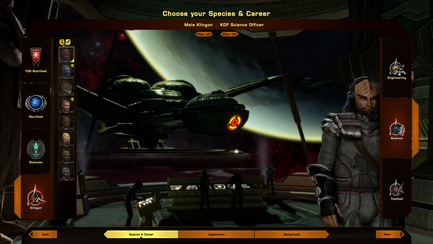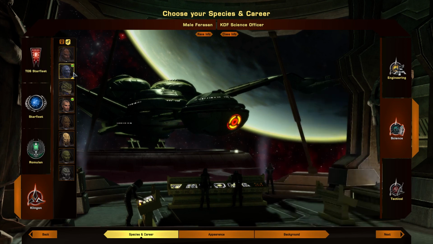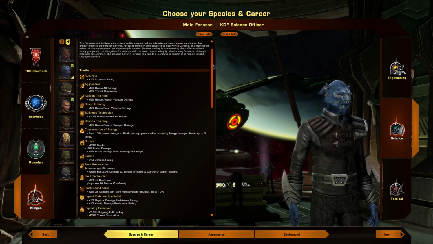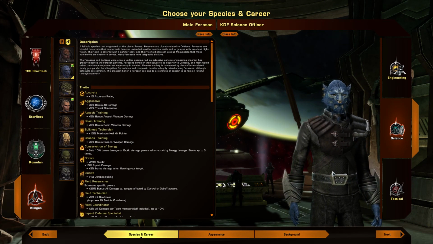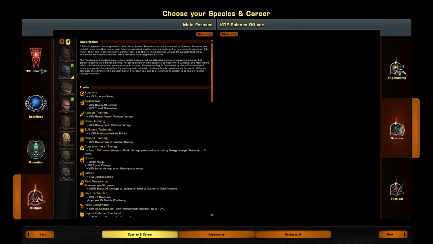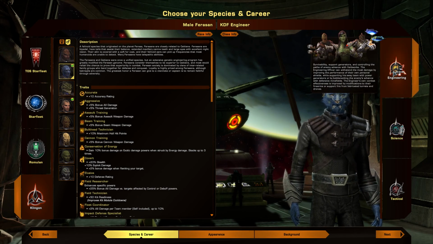You can choose for most races, male or female. There are some exceptions that will only allow you to play male. And these different species will give you some very, very minor bonuses. Not really enough to affect gameplay, but they're enough to make the species distinct. And you can grind Zen to unlock those. They're not too expensive. And then within each faction, you have 3 career fields to choose from: engineering,